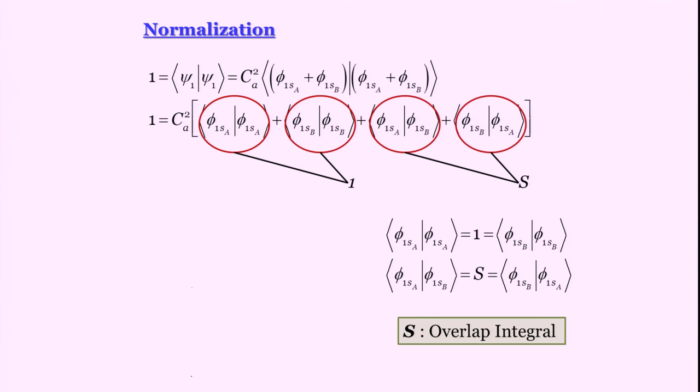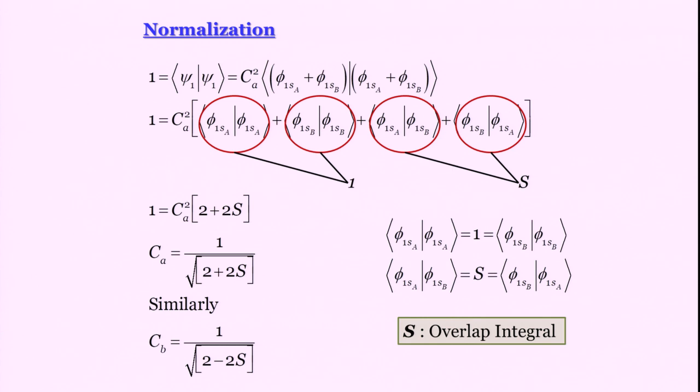Now, let us go a little further ahead. This is what it is. I have written the first 2 terms, each of this is 1, add up to 2. Second 2 terms, each of these is overlap integrals, add up to 2s. So, this is the condition I get from normalization. Ca square is equal to 1 equal to Ca square multiplied by 2 plus 2s. Now, I do not know if you had stopped the video, if you would have reached it here if you did not have a prior knowledge of s, but well, now you know what it is. So, Ca turns out to be 1 by root over 2 plus 2s.